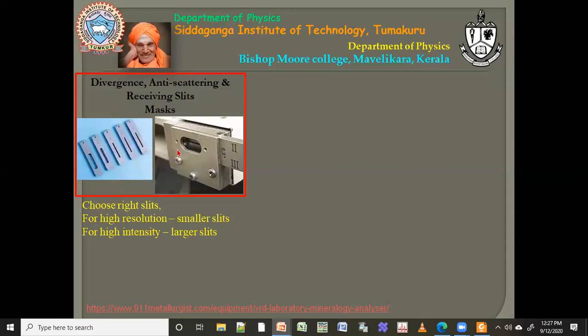So you get less X-ray to the detector. Detector will get less X-rays, so the intensity is really less. In that case, you have to collect for a long time if you use a smaller slit. But if I use a large slit, what happens? I get very good intensity. So instead of 30 minutes, I can do it in 15 minutes or maybe 10 minutes. I get good intensity, but your peaks won't be very well defined, in the sense they will be very broad. I am going to show that in the next few slides.